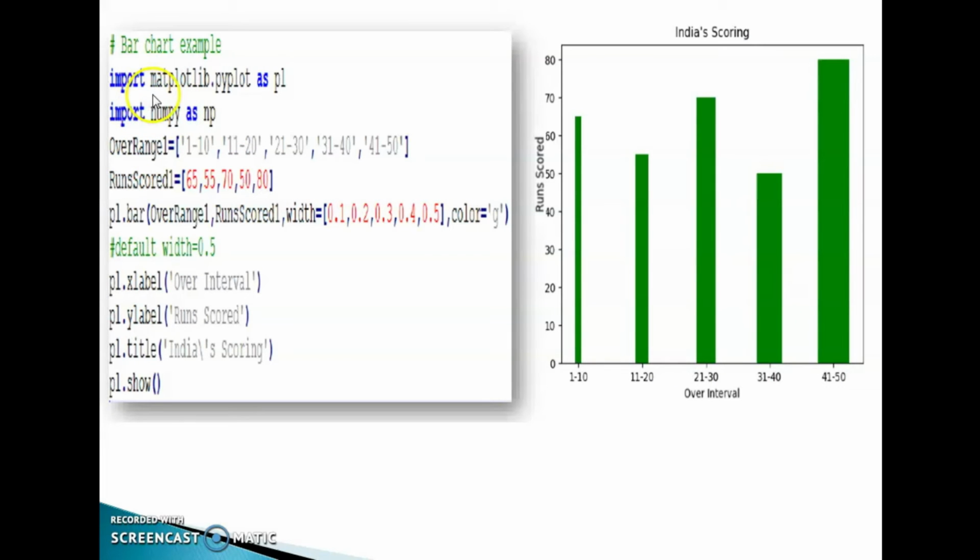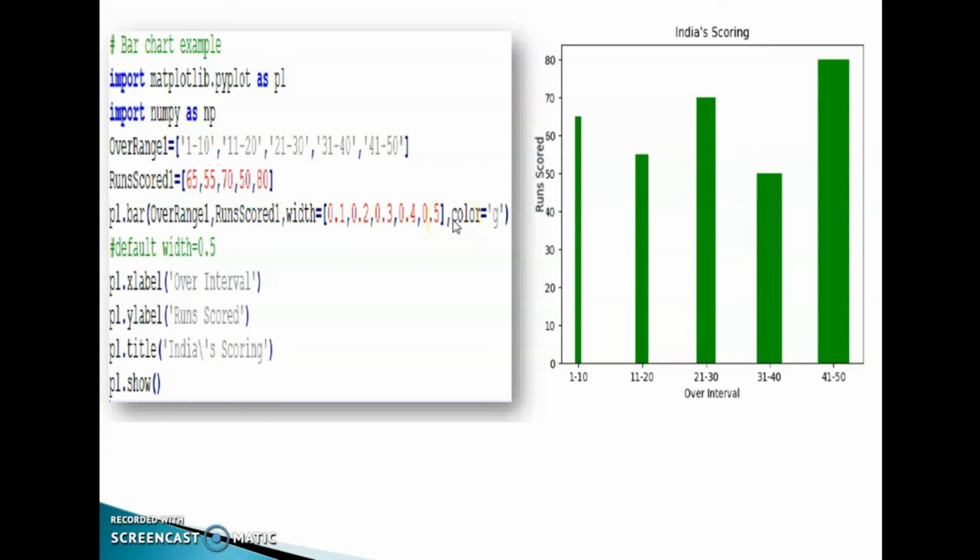Then here, import matplotlib.pyplot as plt. Import numpy as np. Over range 1, runs code 1. plt.bar(over range 1, runs code 1, width equal to a list we specified.